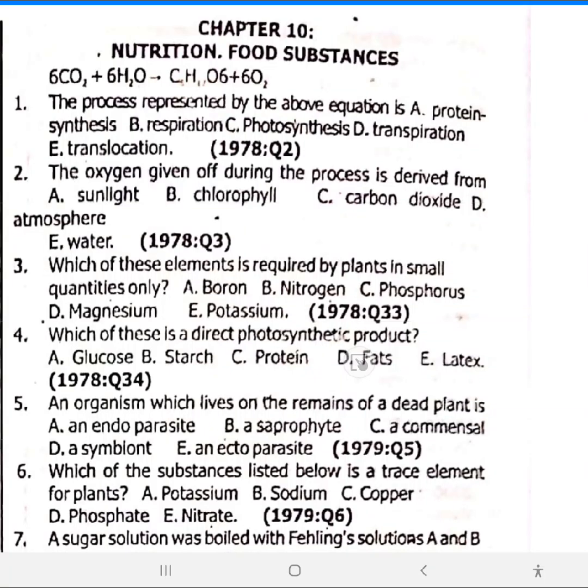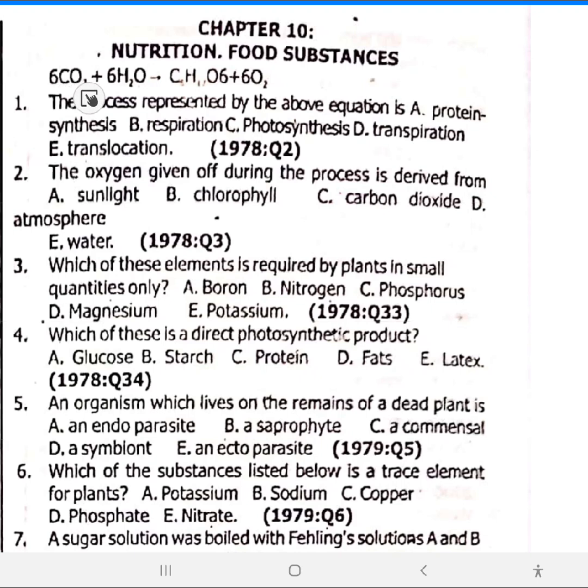Alright, welcome to nutrition and food substances. In this chapter, we'll tackle questions on nutrition and also questions on food test. Question 1. The process represented by the above equation is, look at the equation here,